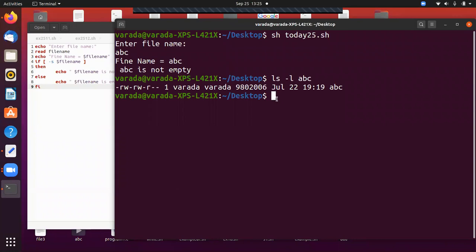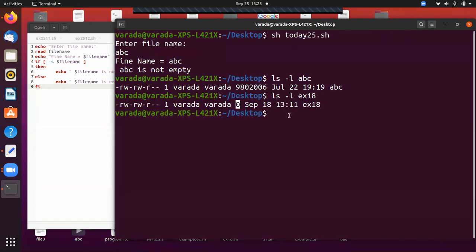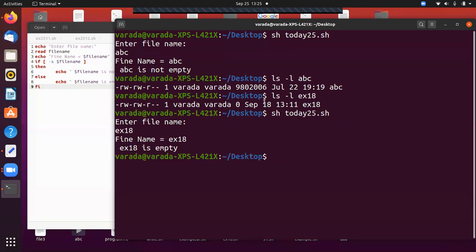Now we can see another file, ls -l ex18. Now if you observe, the size is 0, so it gives ex18 is empty. Now we check sh today25.sh, enter file name. If I enter ex18, then it displays ex18 is empty. I hope you all understand.